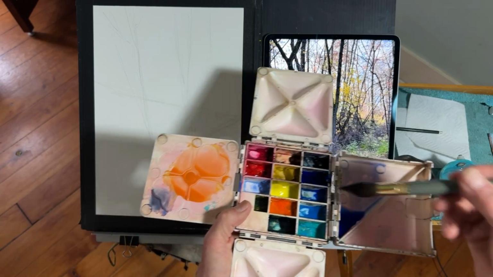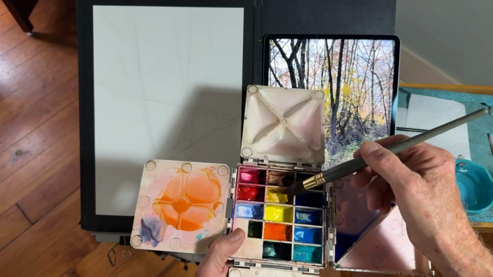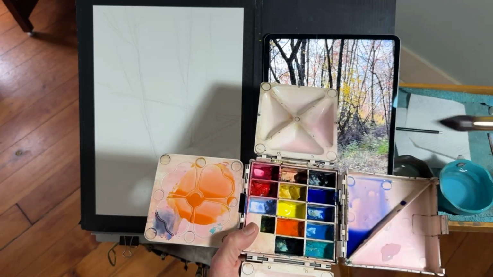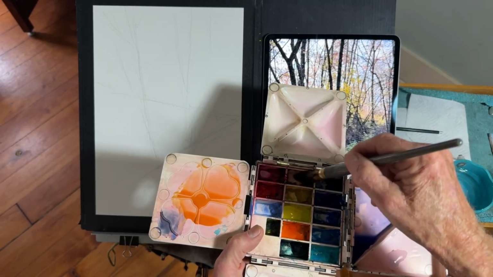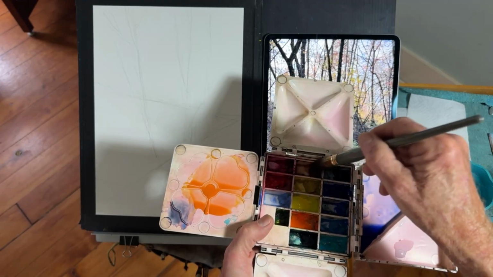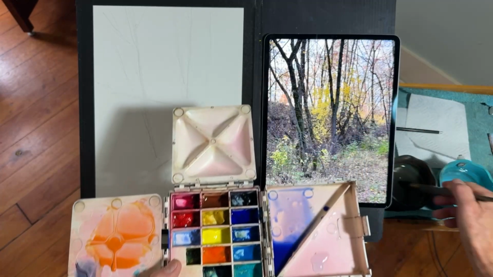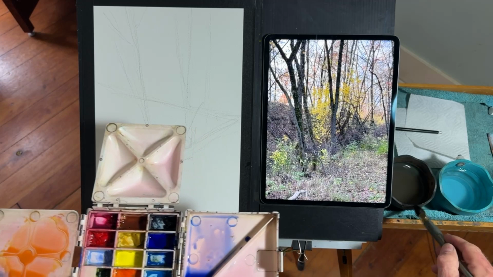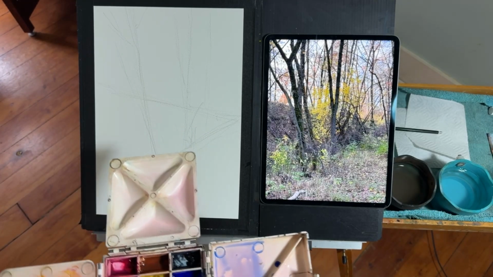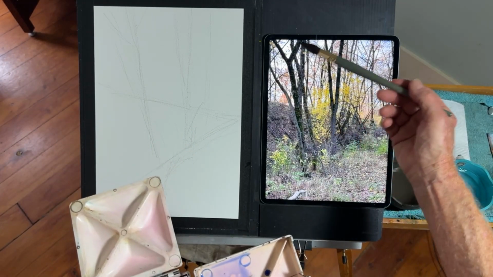Yellows. I can dip right into this cadmium yellow. I can dip right into this yellow ochre. I can dip right into this burnt sienna. And I think I'll just use that as I go. So again, I'm thinking very big pattern. I'm not thinking very specific things yet. I'm thinking about the